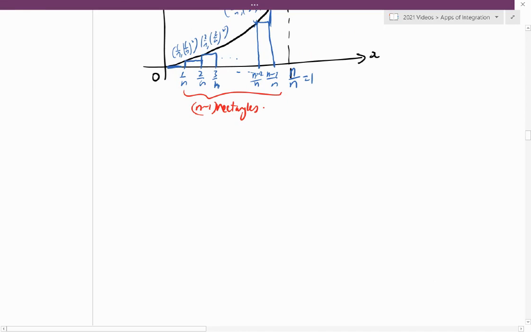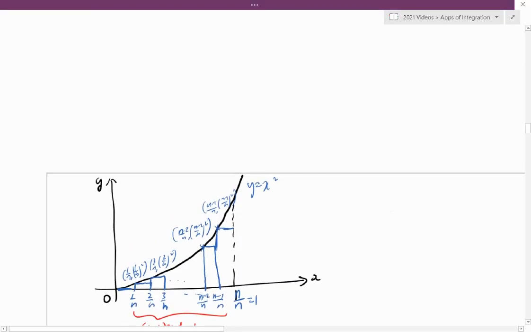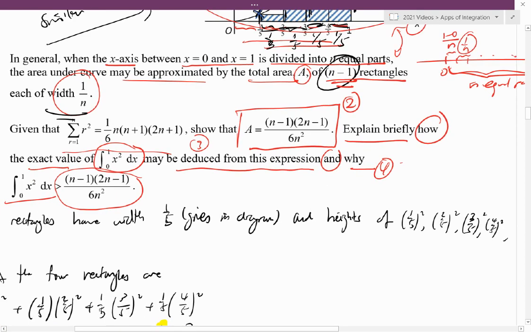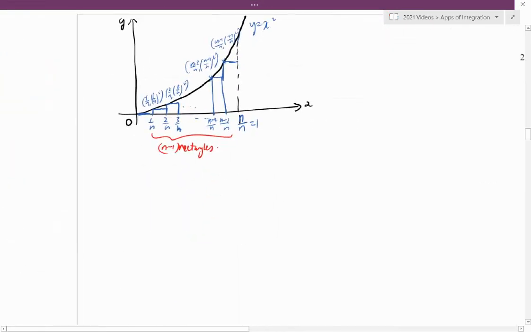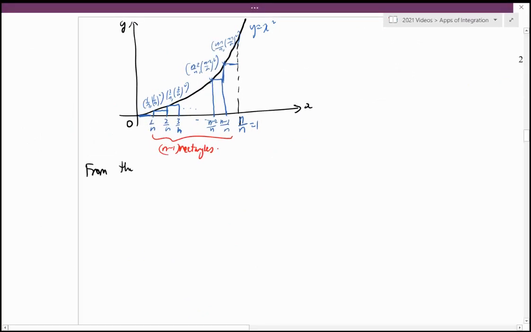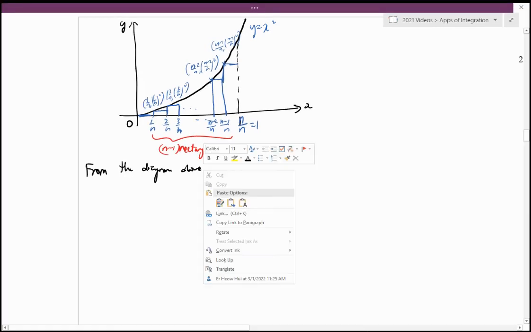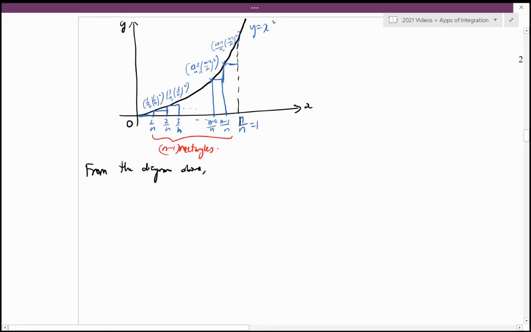And we are ready to start the next question, because the question at the end says, show that A, the area of the n minus 1 rectangles, can be written as this. So we need to know how to calculate the area of rectangles, which is given by the diagram. From the diagram above, when the area is divided into n equal parts, the area of the n minus 1 rectangles,